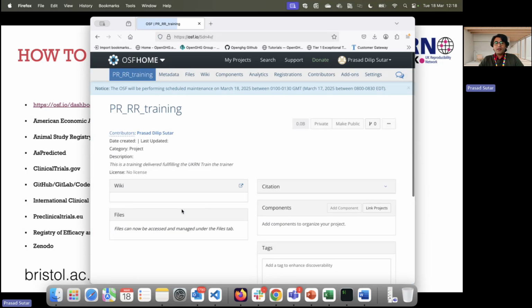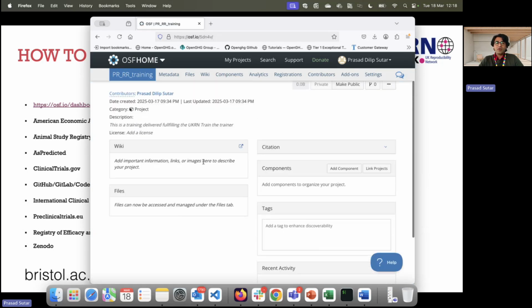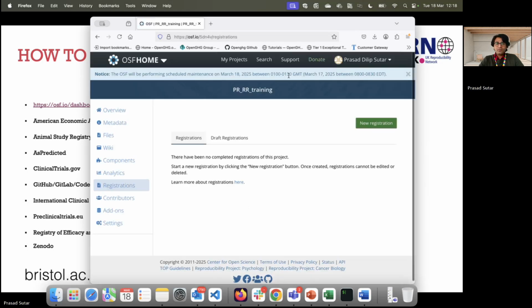So once you create a new project and add all the details required to it, it has various components associated with that particular research. So you can add the wiki that might be required to understand your study. You can add the files or data that you are using for that particular study, and then you can go to the registrations tab and look at the